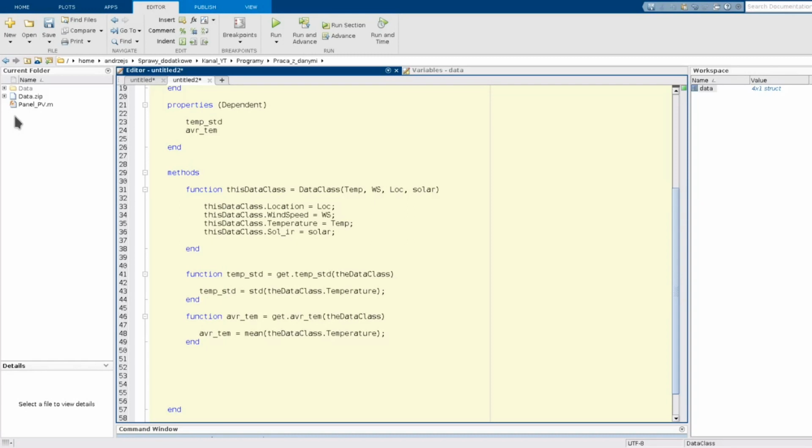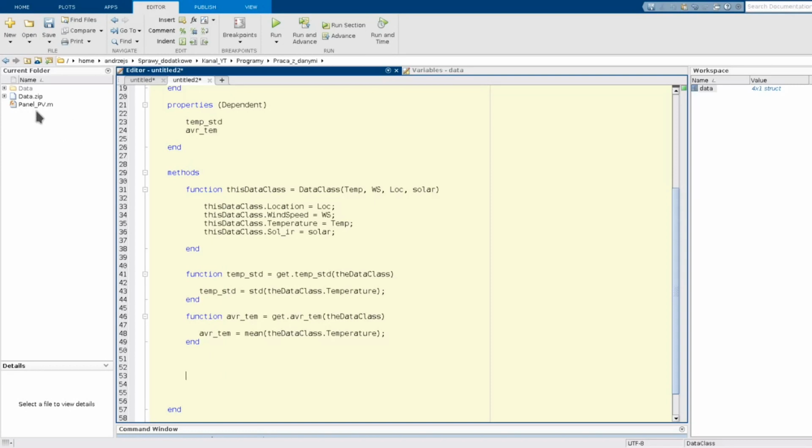This is the situation I have here, because I have a procedure which implements the mathematical model of a photovoltaic panel, and the idea is to use this function here because we will have the possibility to calculate the power generation of this photovoltaic panel for each location we have data from, and it will be very convenient, as you will see in the tests.